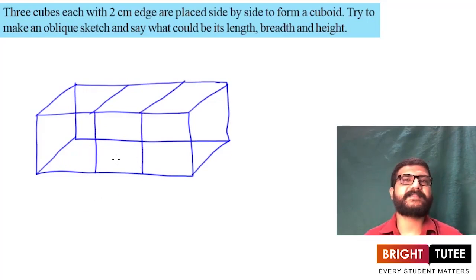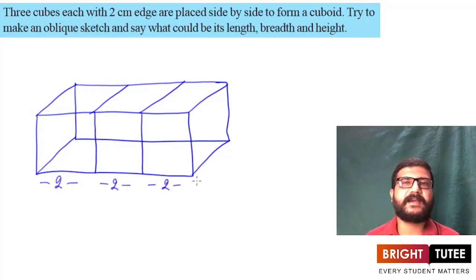Now as we can see, this appears to be a combination of 3 different cubes. While drawing, we have to draw using a scale so that this actually appears to be a cube, but the method would be exactly the same. So here we are having 3 different cubes. Side length of cube is 2, so these are 2 each, and this will be 2, and height is also 2. Now as we can see here, the resulting figure is a cuboid.